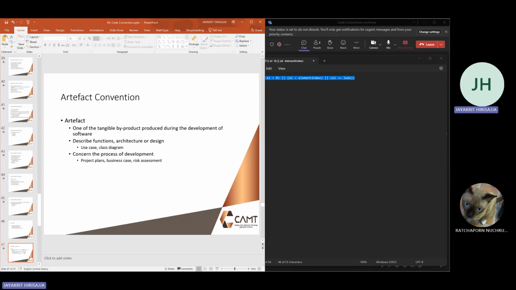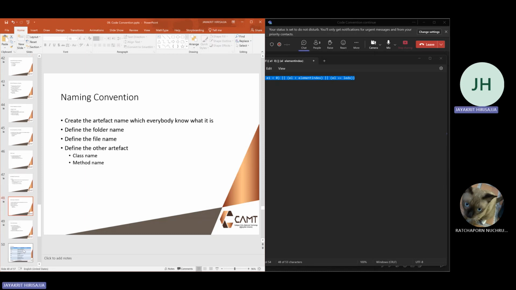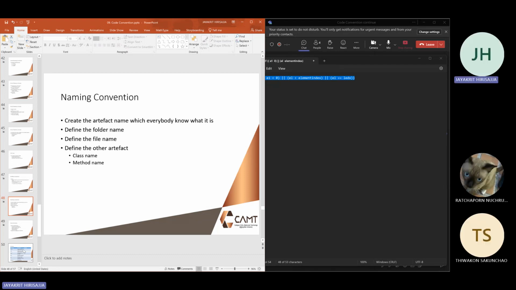It's an artifact, but you can more easily think of it as a document. In a document you must have a naming convention, because when you share all of these things over the project, all the people must be able to understand the name and abbreviation of the wording, and what should be put inside the project. Just like